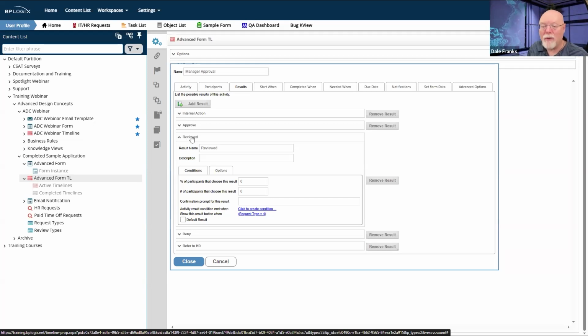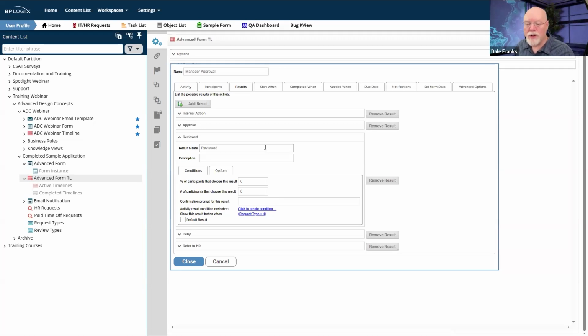So they have a reviewed result, but unlike the supervisor approval, where their reviewed result displays if it is a complaint, for the manager, the review result is displayed if it is a review dispute. And so therefore, they get a courtesy notification that one of their employees has a review dispute, but it's actually HR who is going to handle that review dispute.